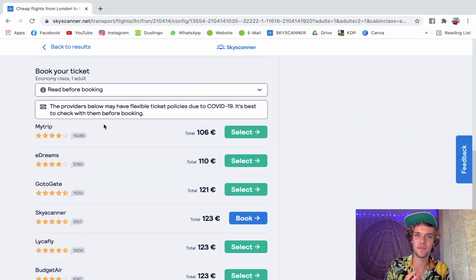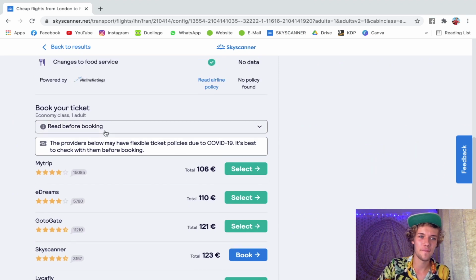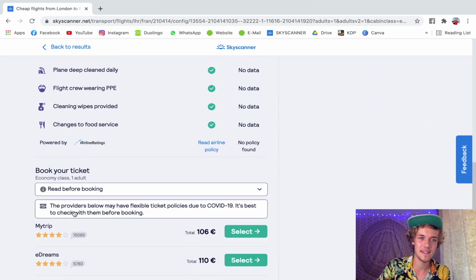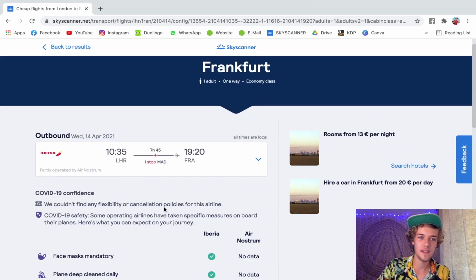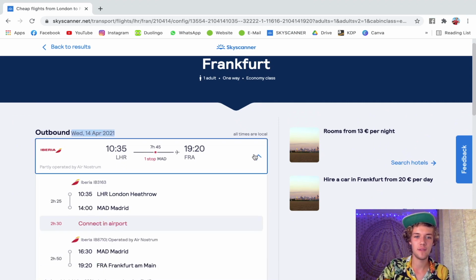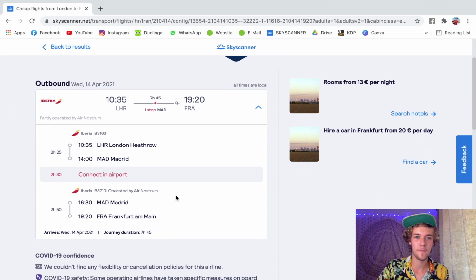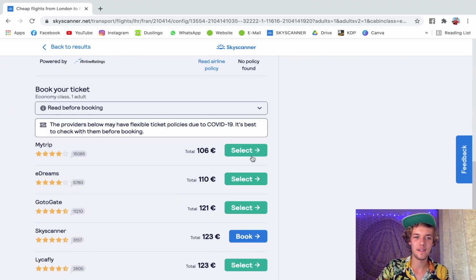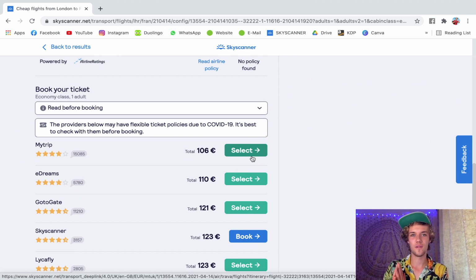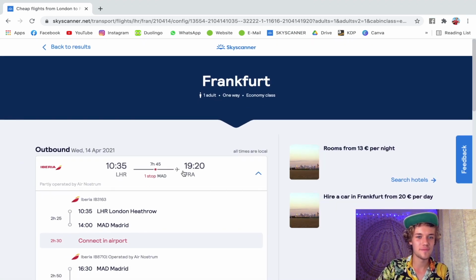Normally we're talking about 5 euros maybe extra, and this is then why people are annoyed with this website, so they give it a low rating and stuff. It's definitely not scammy. Skyscanner is safe to book. The rest we can ignore. Here we can review everything. We can review the date, we can review the time, we can see the exact stopover, how long the connection is, and all this stuff we can see. And then if we click here on select, we will be taken to the booking page where we can then finalize our booking. This already goes way too far because we would never book this trip,